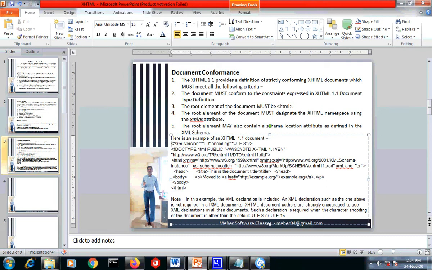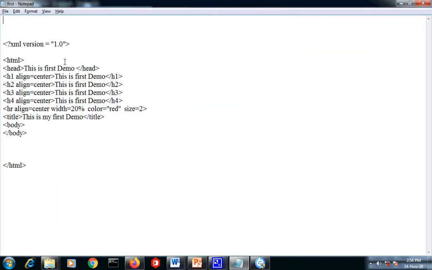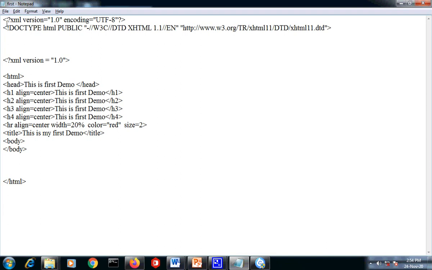Generally we can give this type of tag, which must be in XHTML. Generally we can give XML version 1.0 encoding equal to UTF-8 and question mark. But right now I am not giving this type of specification.